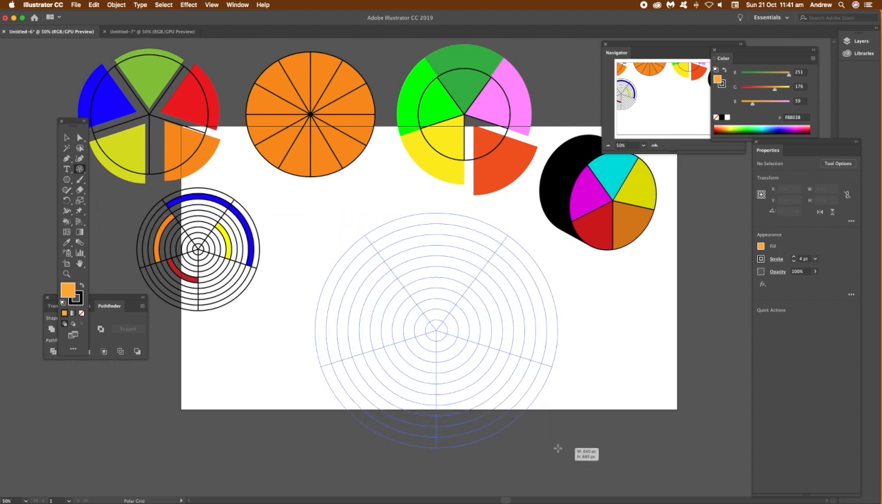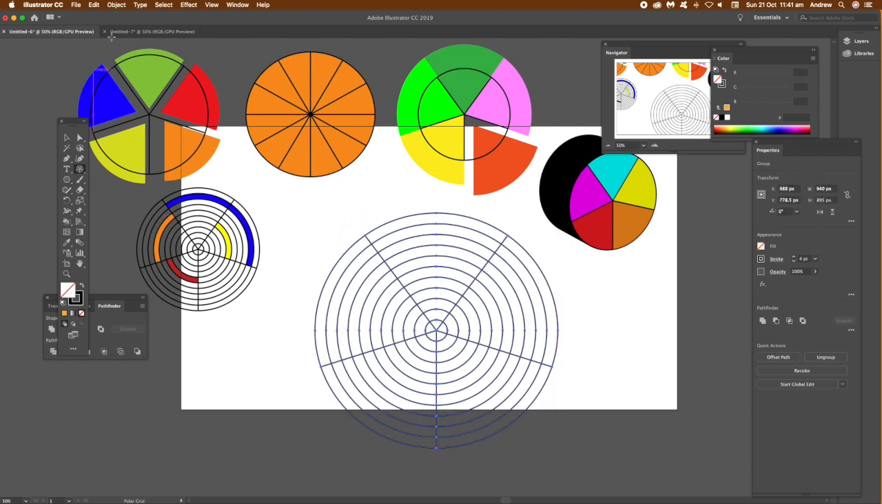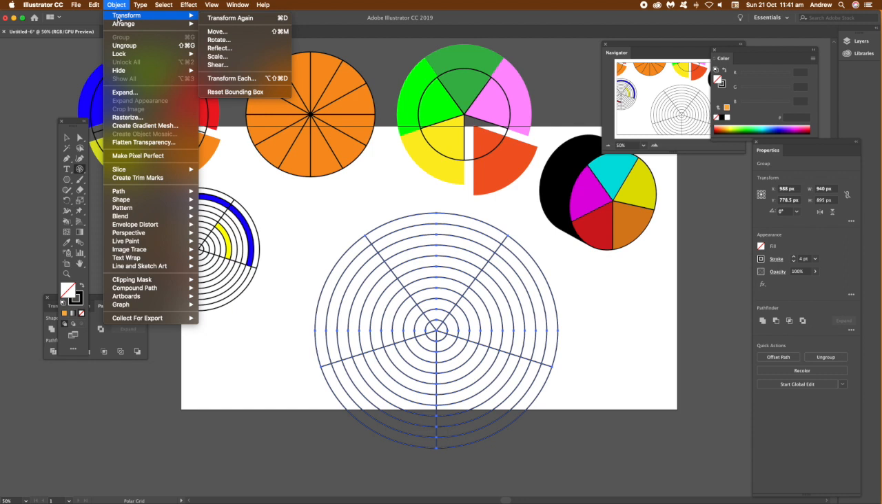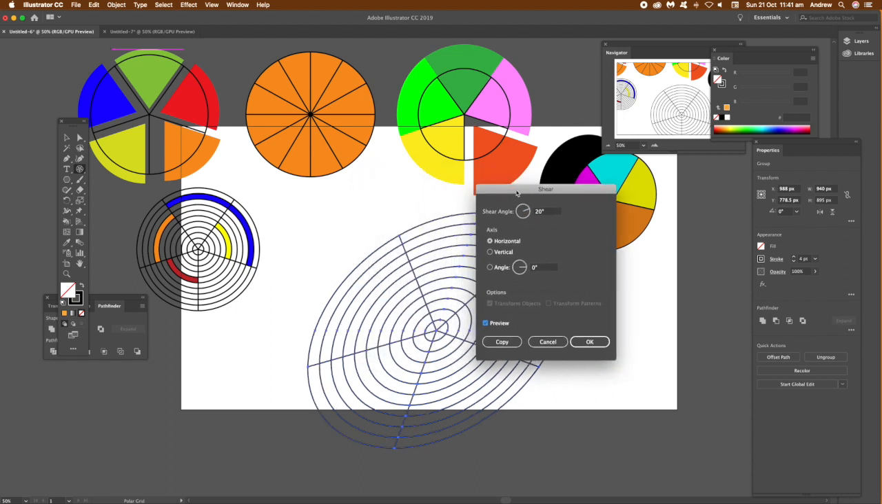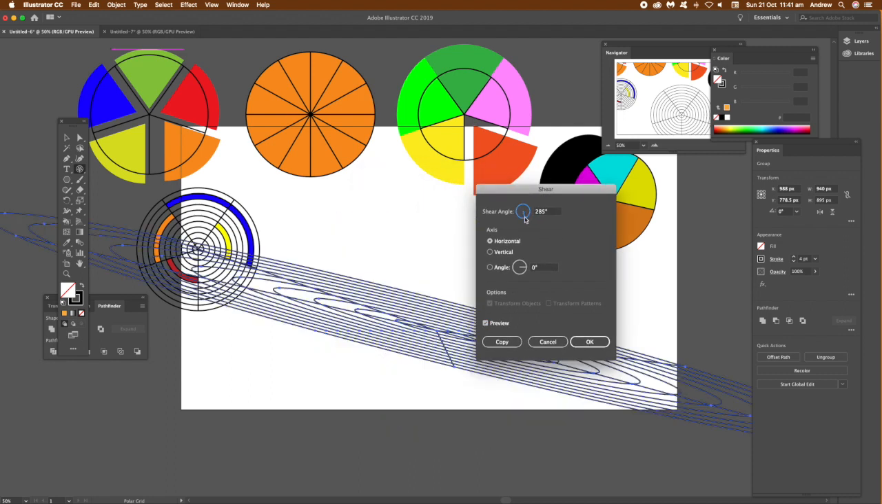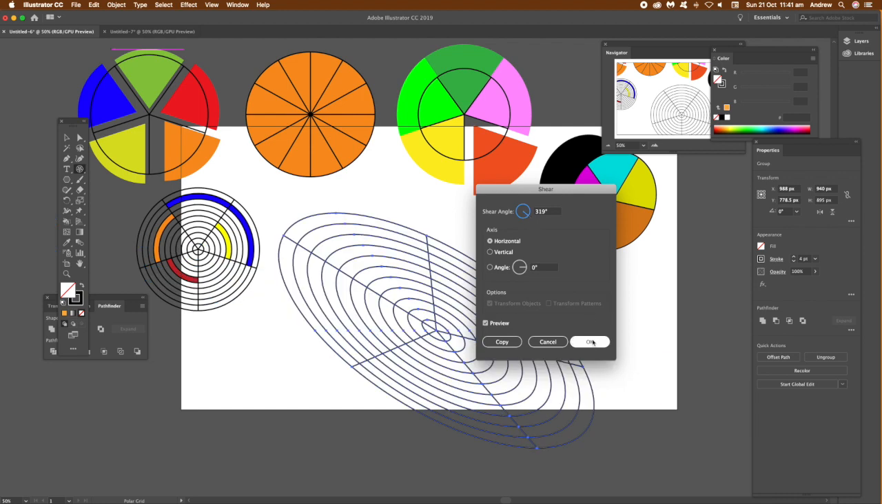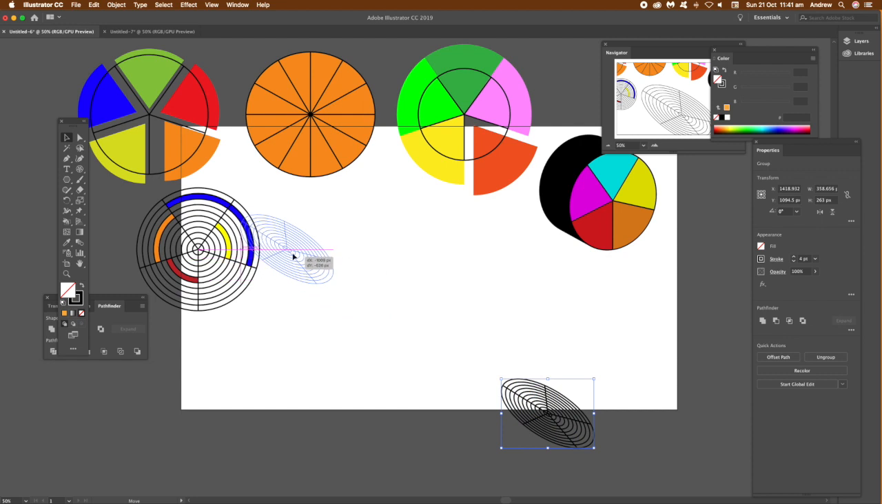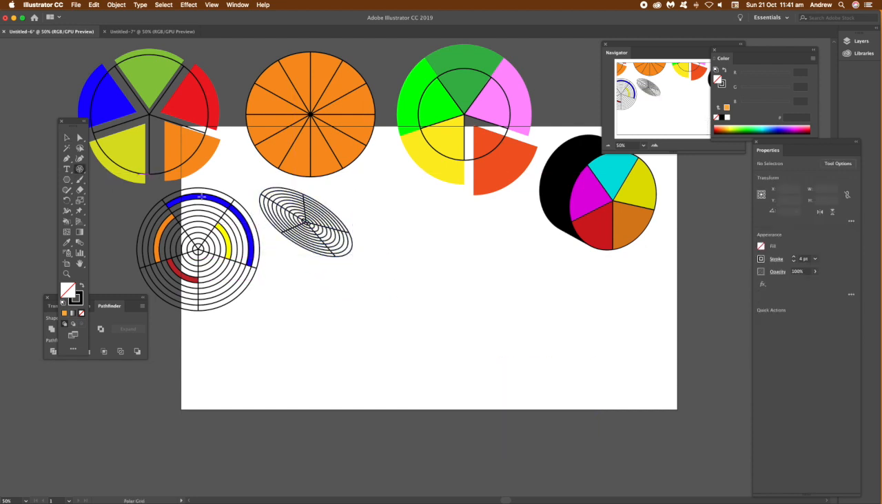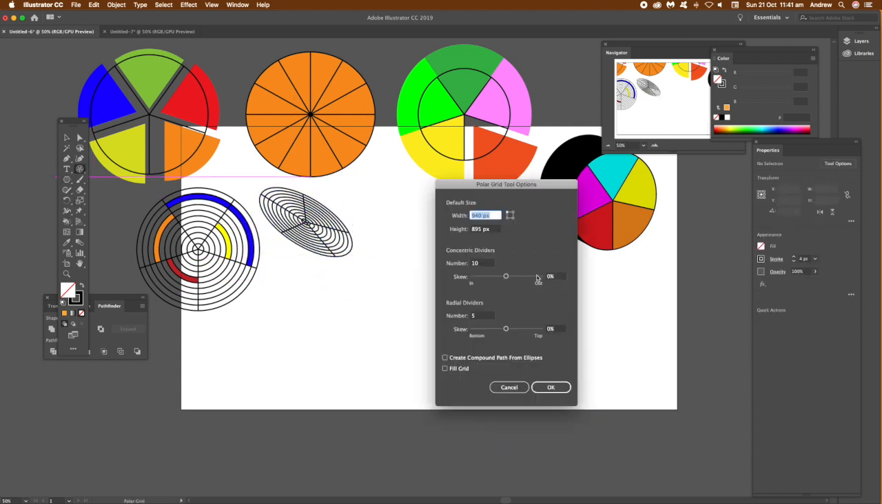Again, polar grid tool, and you can see the polar grid there. And what you can do then, object and transform, maybe scale and shear, that's another possibility. And you can set the shear angle, set preview on so you can actually see it. It's always turned off, so click OK. Just drag that over again with the design. What you can do then, select the polar grid tool again, double click on it, and you can set the